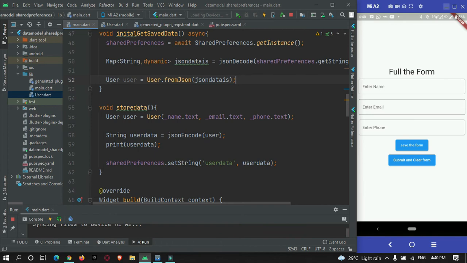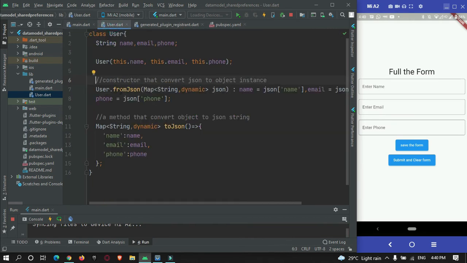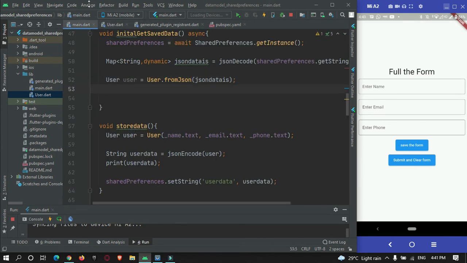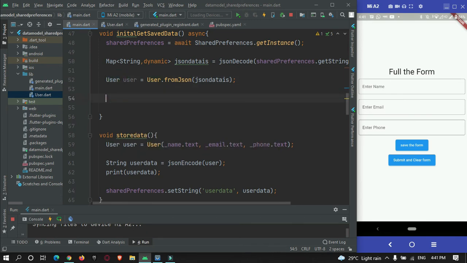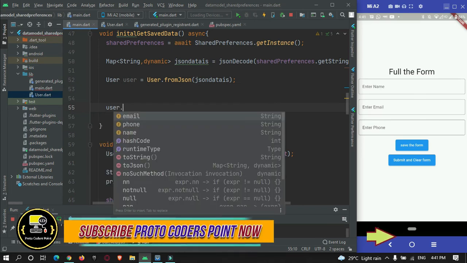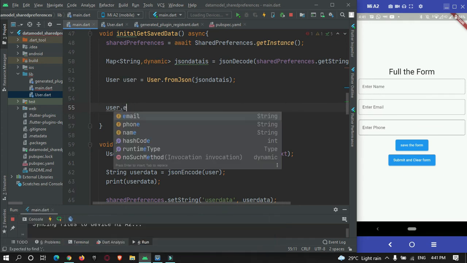What is happening here is we are getting the JSON data stored in setPreference, and then passing it to our fromJSON, which converts our JSON data into an object format. Now you can access the data by making use of this object. For example, user.name will give the user's name, user.email will give the email address.